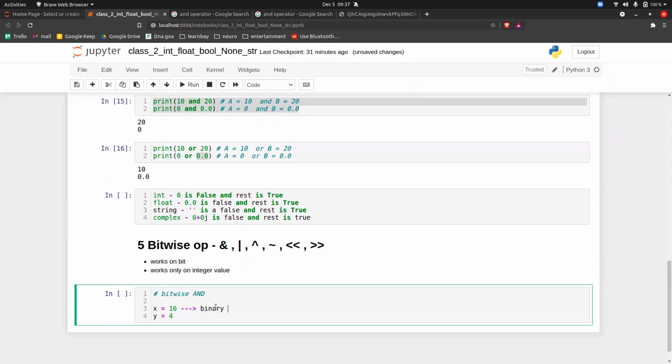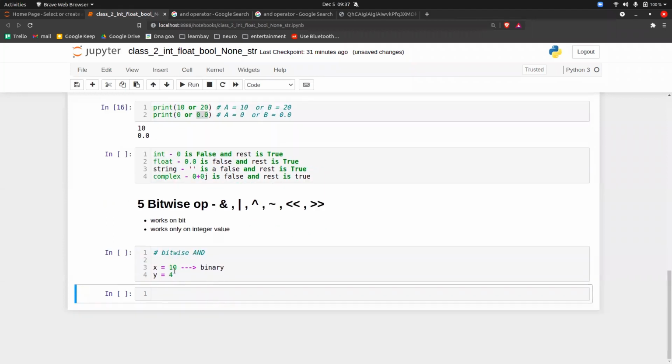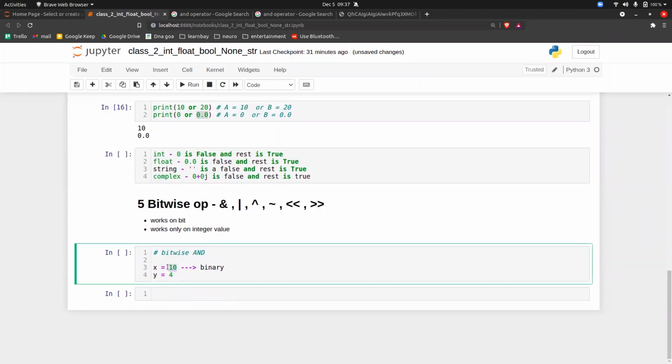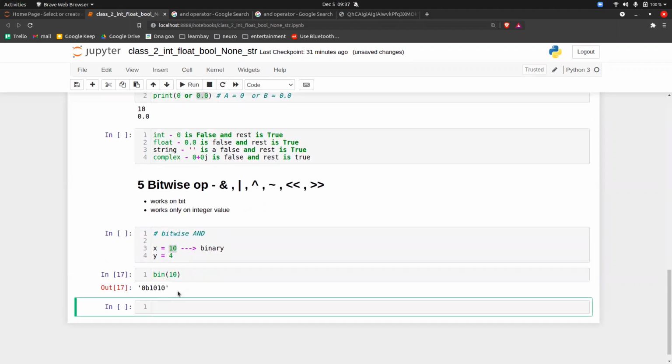But the question is how you will do it. The answer is that we have a function for that also. If you want to convert any integer value to a binary number, you have to use the function bin. Inside this, put the number that you want to convert to binary. So bin of 10, and execute it.